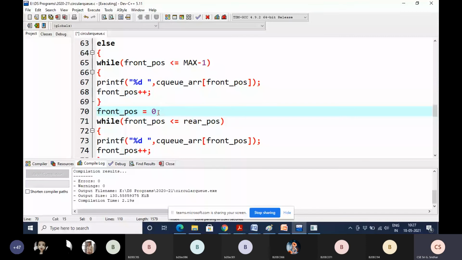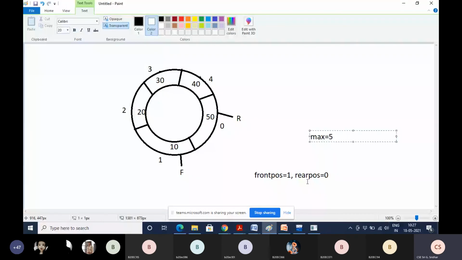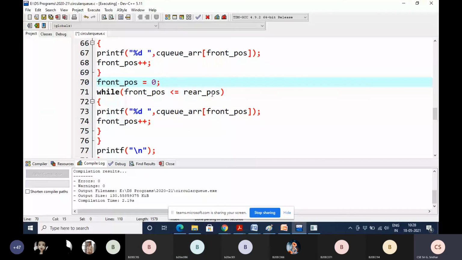Then again you have to check whether front position value is less than or equal to rear position value. Means whether 0 is less than or equal to 0, because rear position is 0. Yes, 0 is equal to 0. So now we are displaying from the 0th position to the rear position. Here the rear position is also 0. From the 0th position to the 0th position we display the value, which is 50.